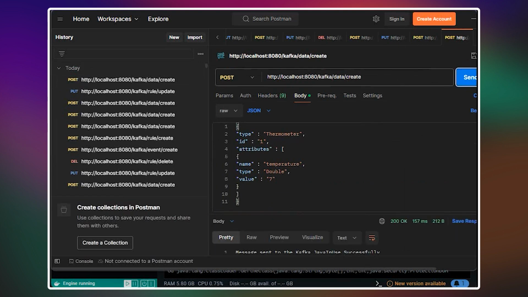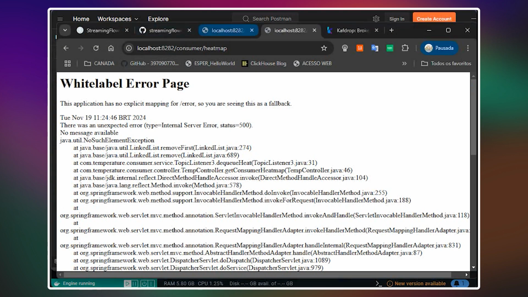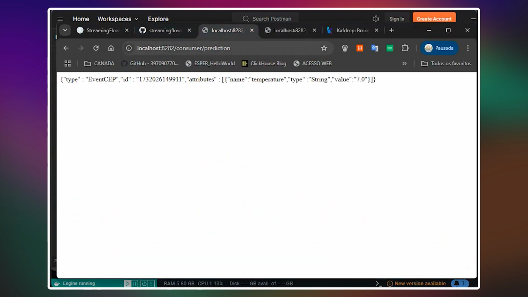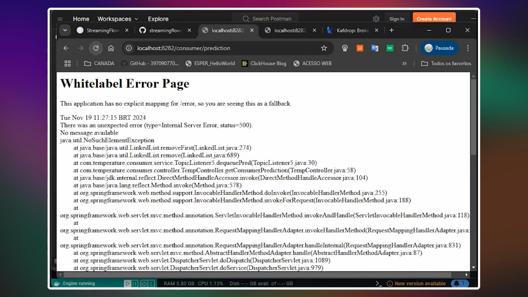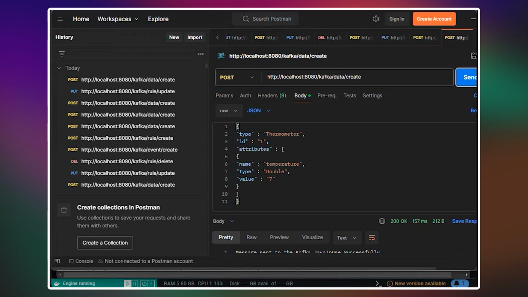If you see that, it should receive before, but right now not. So if you return to the prediction, it will no longer receive, and no more in the heat map, because 7 is less than 10. So if we put 17, for example, it will now understand.